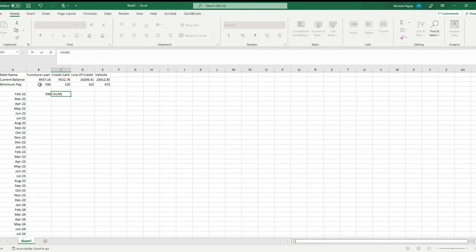These next columns are going to equal the sum of these, no, not F4, minus the sum of these. Now this is going to be a little weird, but